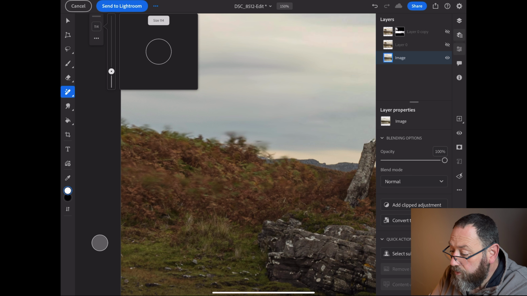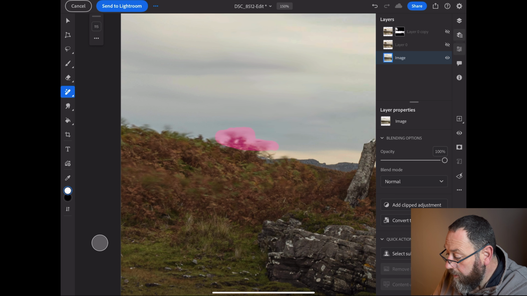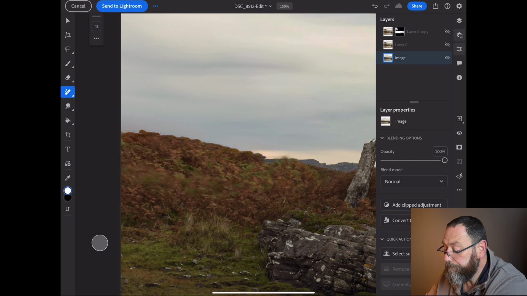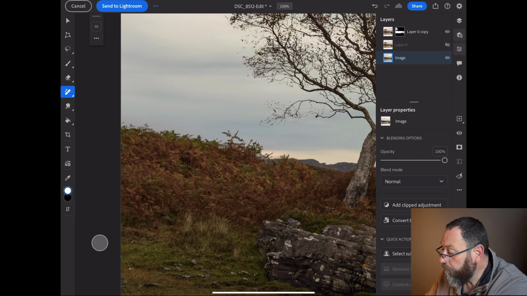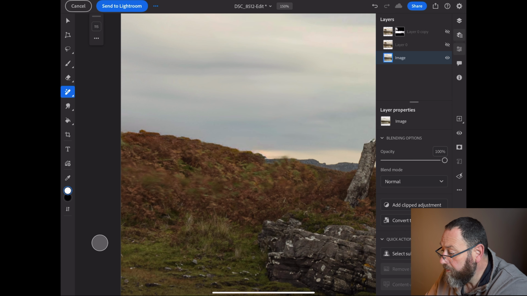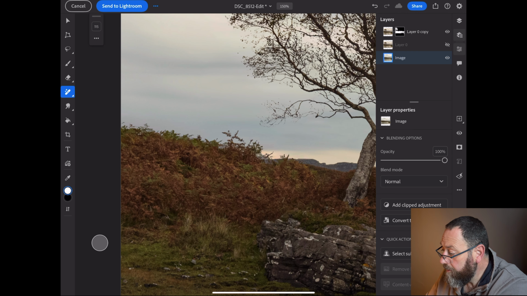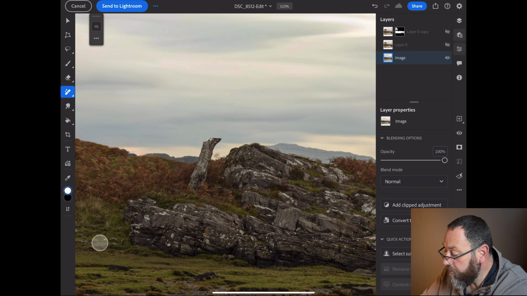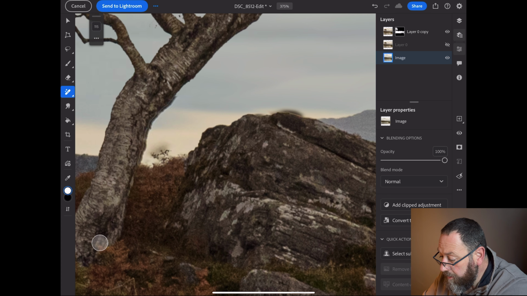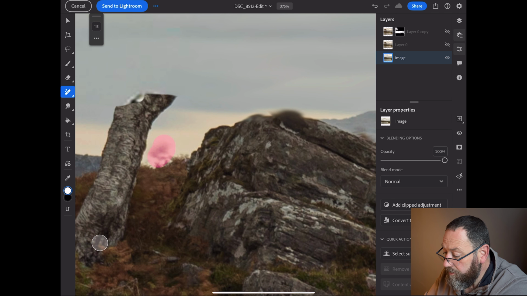I'm going to put a larger brush on, and we're just going to remove this motion blur that we've got in the bracken. See if we can get rid of that. Bring the bracken back on, that's looking much better, but I'm just going to get rid of this bit here. And that's looking much better straight away. Let's have a quick look, make sure there's no more anywhere else. A few little bits around there, so I'm just going to close that off. We're just going to get rid of that bit. Not happy with that, so I'm just going to